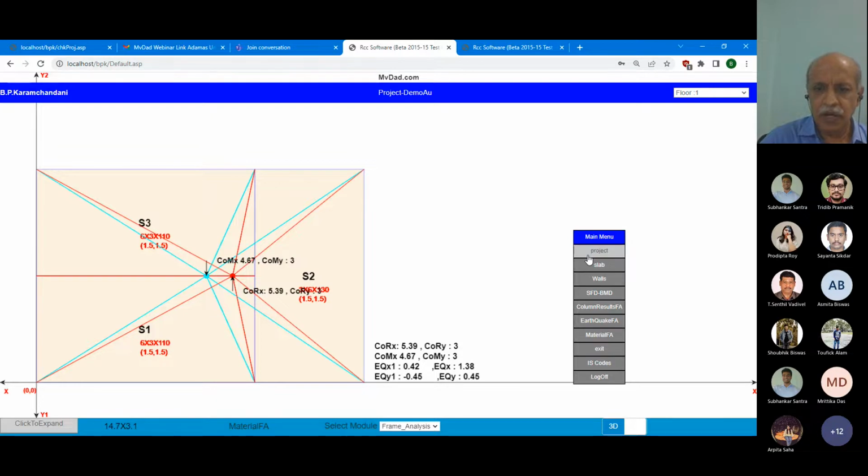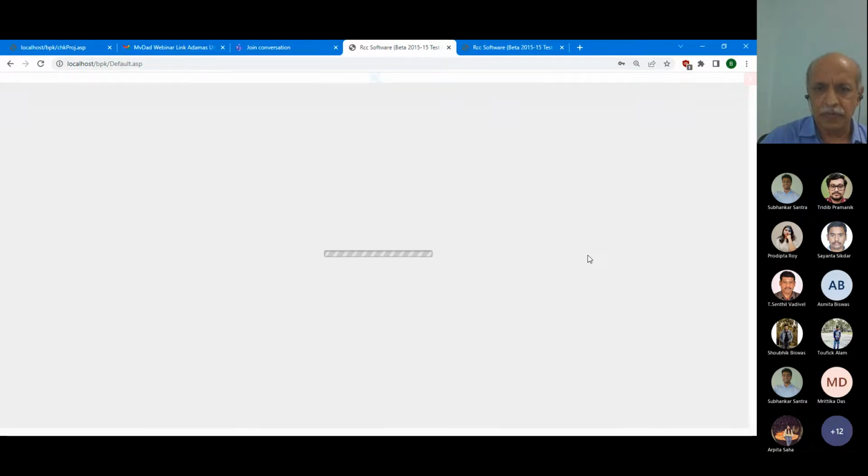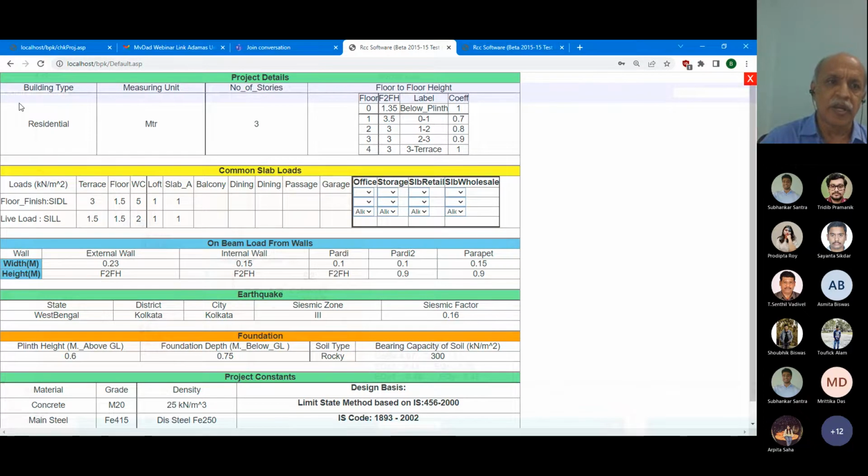Yeah, one thing I forgot, project data. One can verify the data which we entered and the results we are getting per the data, or whether something is wrong by human error, entry-level error or calculation error. In any case, we have considered building type, residential, unit meter, number of stories, floor height,